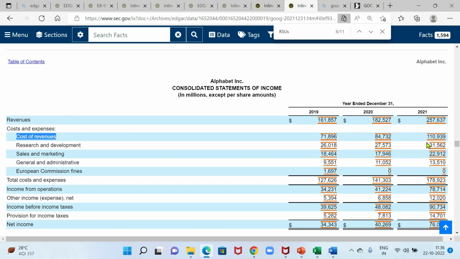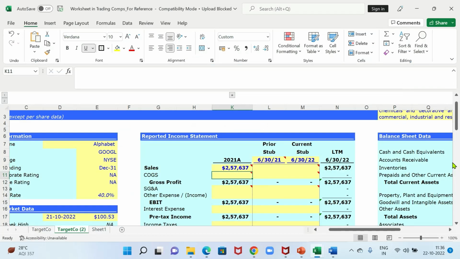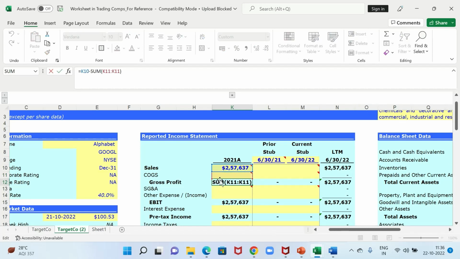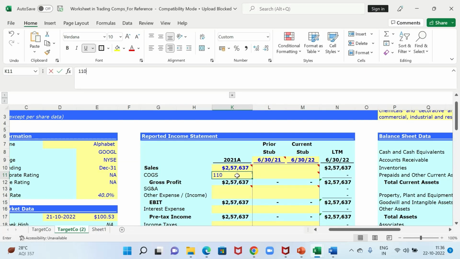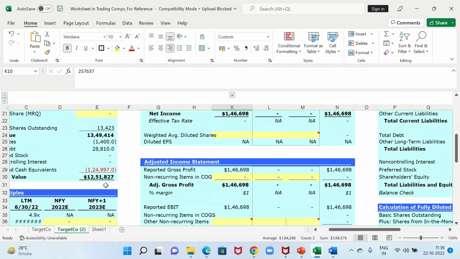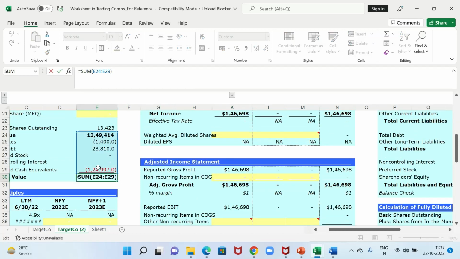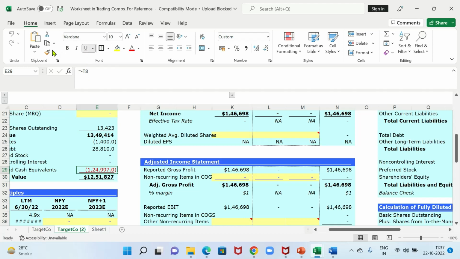Just this is the cost of revenue. So whether I should show a negative number or a positive number will depend upon my formula. If I am using this and subtracting it, then I have to use a positive number. If it were a sum of this, then I should have shown it as negative. Like in this EV, this is the sum of function,